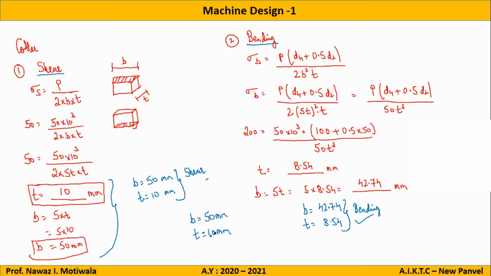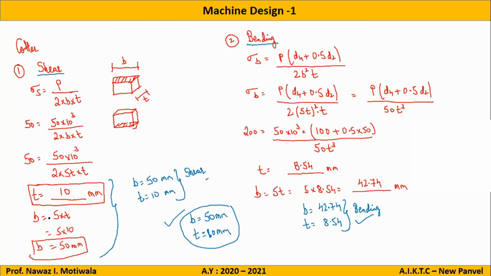अब एनालाइज करते क्या होगा. Now see, we have finalized this dimension. So this dimension is safe in shear because shear ने यही बोला था कि उसे 50 and 10 चाहिए, तो ये तो safe हो गया. Now bending, what is the bending criteria telling? That I need minimum 42, हम उसको 50 दे रहे हैं. Thickness minimum requirement 8.54, हम उसको 10 दे रहे हैं. So it is safe in this criteria also. That means it is safe in both the cases. So as the cotter is safe at this dimension in both the failure criteria, the final dimensions will be this.